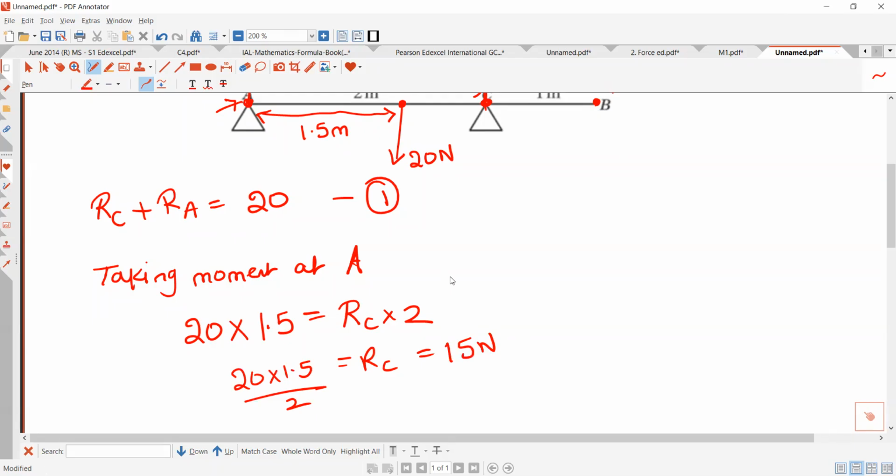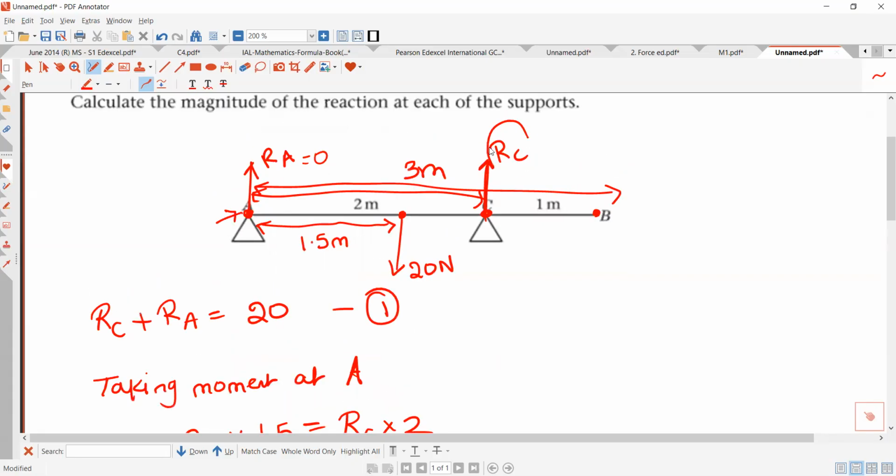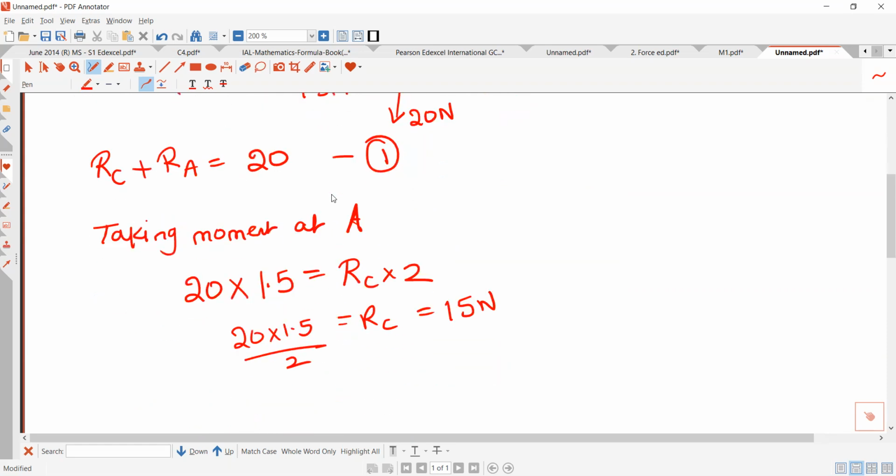ভাইয়া RC into 2 কেন করছেন? RC into 2. Force হচ্ছে RC. What is the RC distance from your pivot? Your pivot is here, right? RC into pivot কত? 2 মিটার না? So RC into 2 করছি আমি। এই তুমি clockwise anti clockwise moment. Okay, ঠিক আছে।